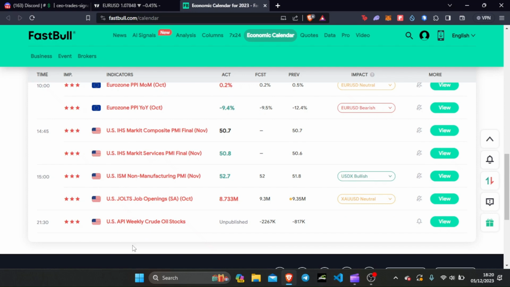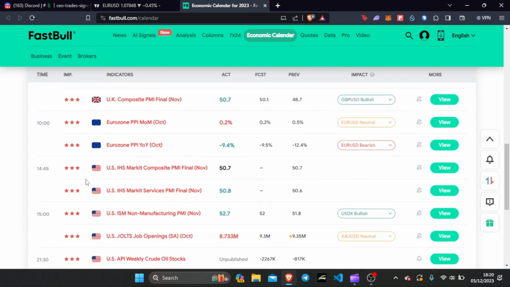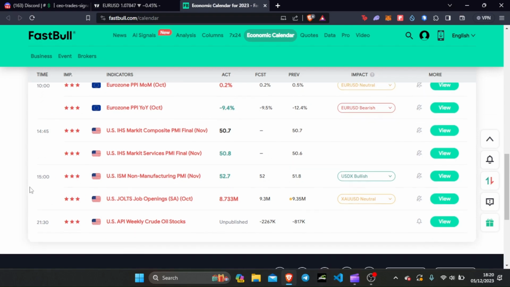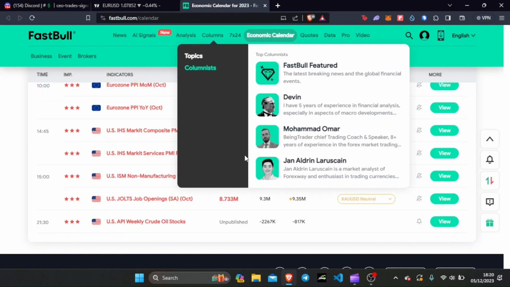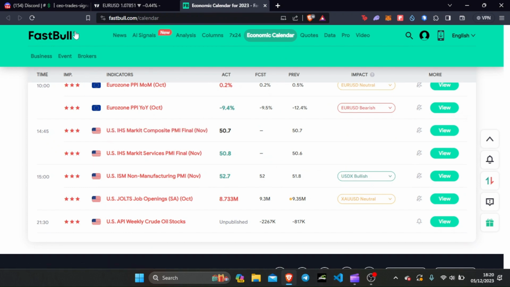we had all of this red folder news. Not only 3 p.m. but from 10 a.m. this morning to 2:45, 3 o'clock, we had all of this crazy news coming for the US dollar. So because of this, I didn't want to take any chances so that the guys in the Discord could actually bank some profits, right? So for my analysis, what I like to do is use fastball.com because